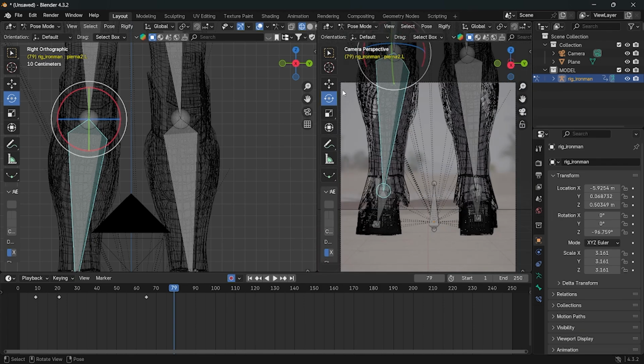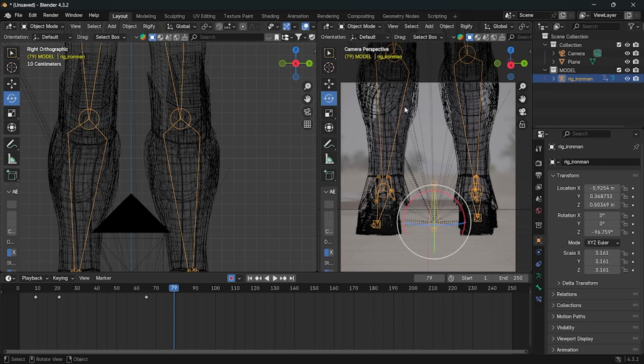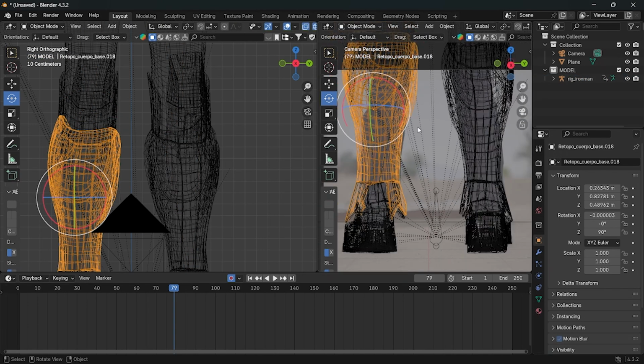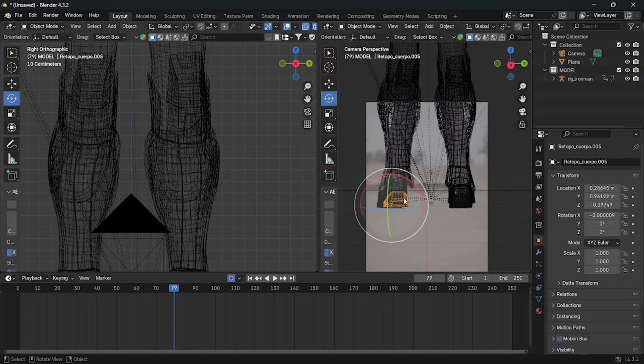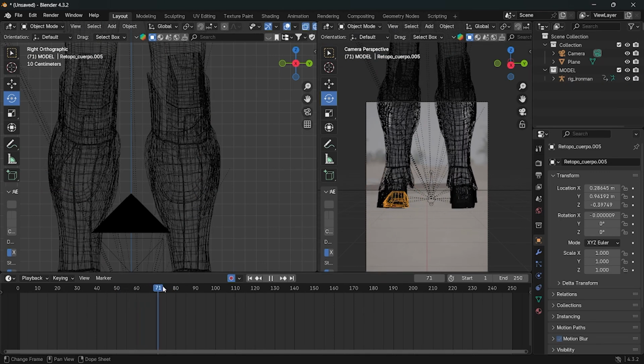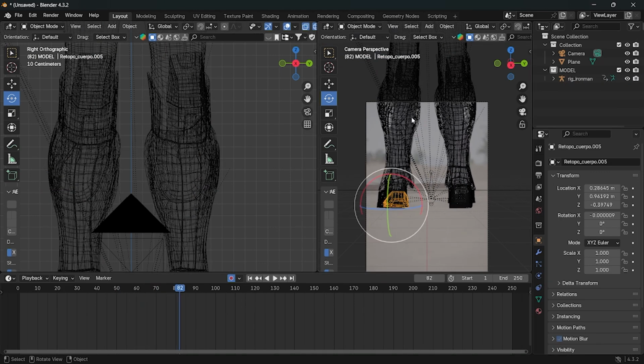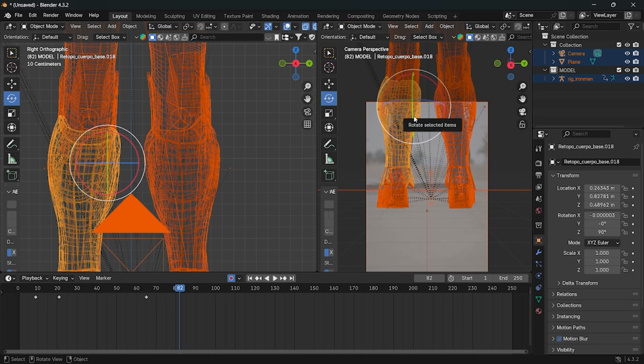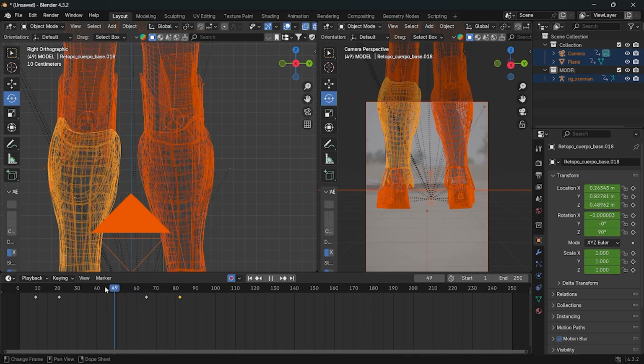Okay, after that we come to object mode and see all the parts we have. Okay, we have many parts. So what you're going to do is select everything and then insert the new keyframe. And again,